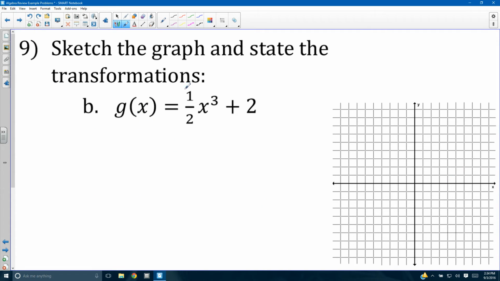Okay, g of x equals 1/2 x cubed plus 2. Okay, this is in standard form, sort of. Like, if I wanted to do any good old cubic function, it would look like this. Okay. Now, we're missing a quadratic term and a linear term, so all we're looking at is that. That's why I'm saying it's kind of in that form. But it's also kind of in vertex form, because what I could also say is I factor out this a here,